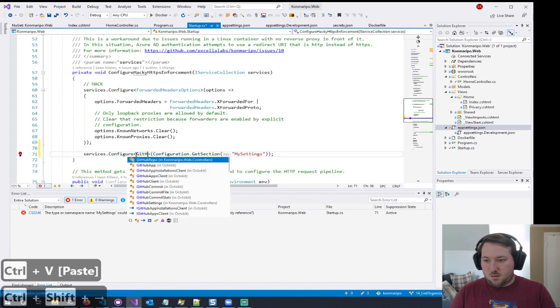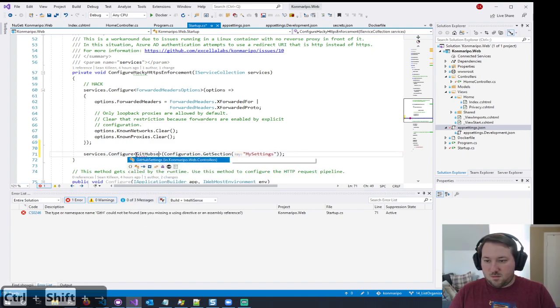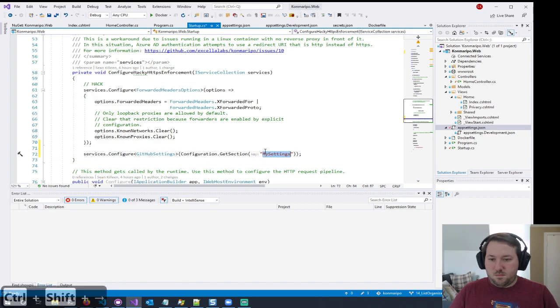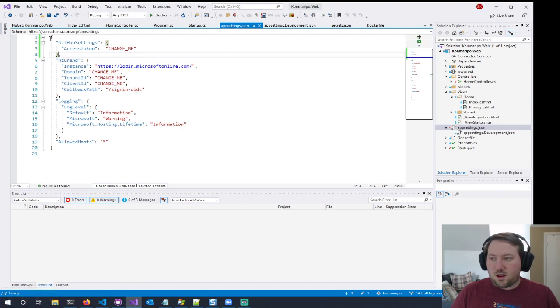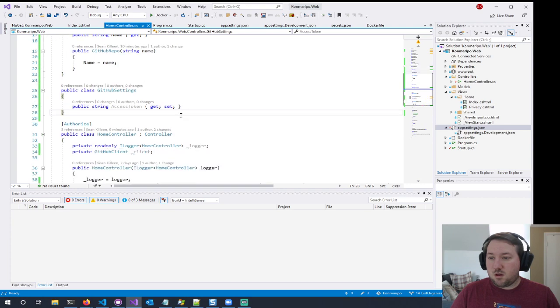Call it GitHub Settings, and the section is GitHub Settings. All right, so now we have our GitHub settings should be there, access token should be there. All right, so what I should get when I inject that into my home controller, as I'm going to do,